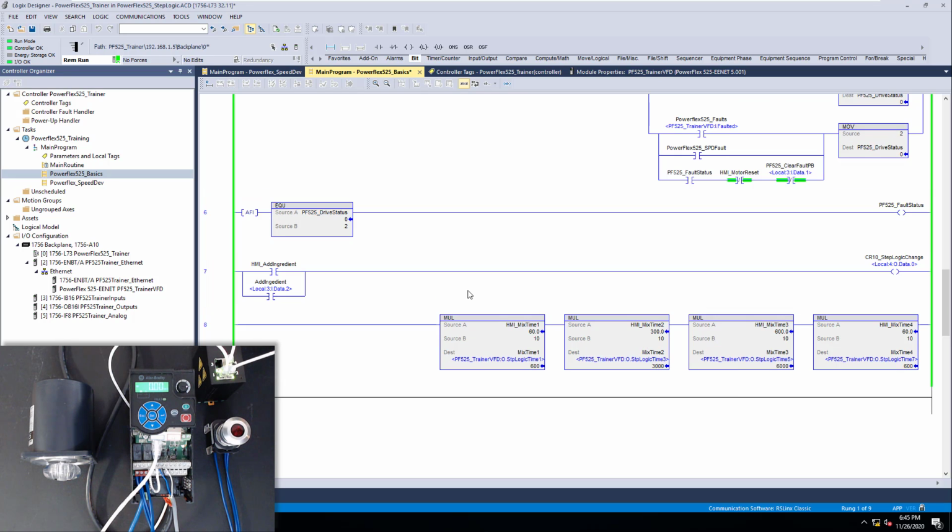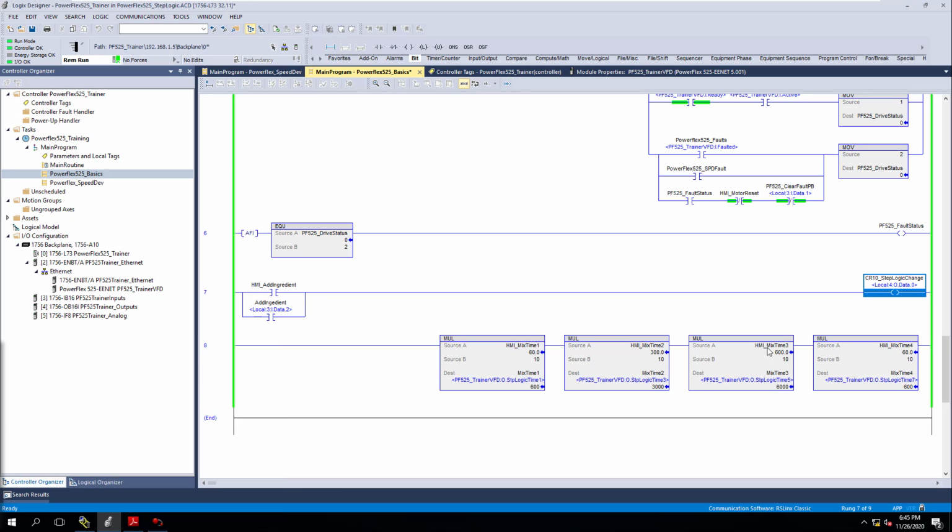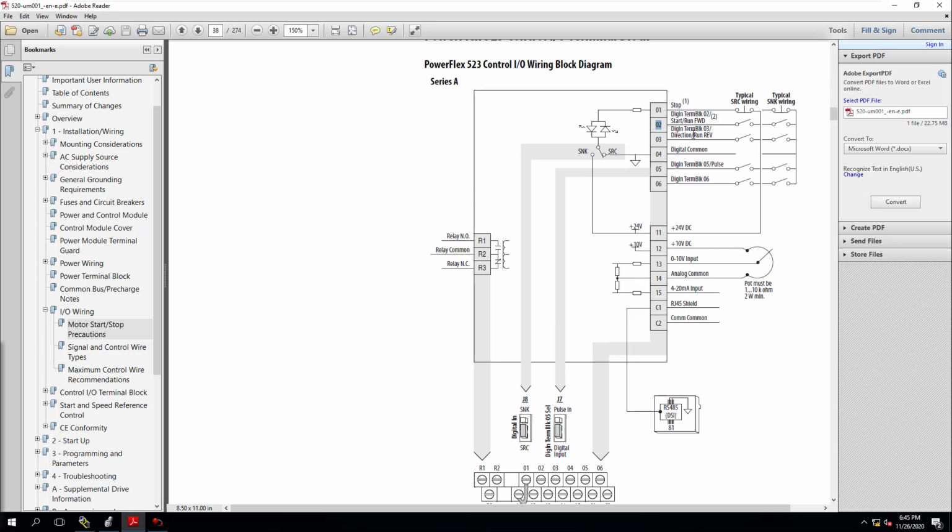Now, one thing I want to explain is if you're doing this from a PLC, communicating from your PLC to your PowerFlex 525 drive, you're going to need some kind of control relay, like an ice cube relay, that your PLC can turn on from the coil of that relay. In our case we're using digital input 2, and you would wire digital input 11, which is the 24 volt DC,